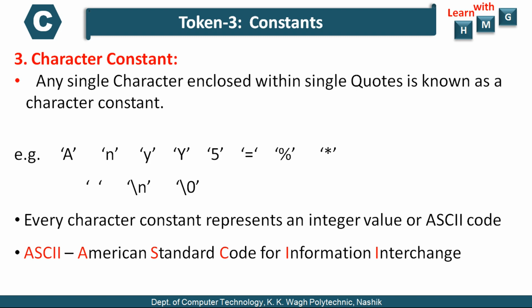At the worldwide standard level, every character has one standard code that is called the ASCII code, and it is always a decimal integer value. Whenever you enter any character through your keyboard, its ASCII code, that is its integer value, gets stored into the memory, and that is what is processed.